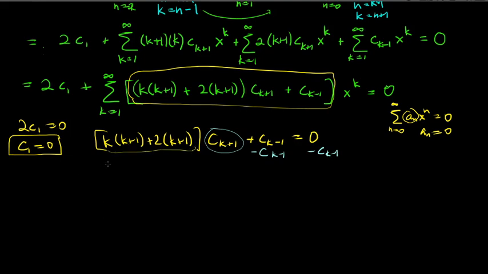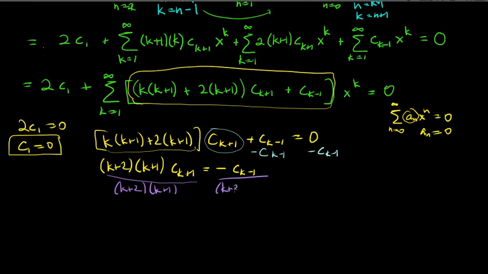If I factor out the k plus 1, I just get k plus 2 times k plus 1 times ck plus 1, and that's going to be negative ck minus 1. And then I can divide both sides by k plus 2, k plus 1. And so these cancel,